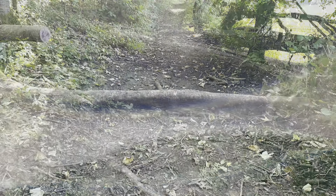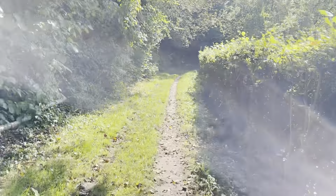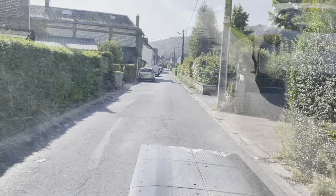Trail markings just point you in a direction, and you don't really see another one until you need to turn. So you could be walking, as I have now, for about 35 minutes, and I haven't seen a trail marker. You just got to take it on trust. So the track turned into a path, turned into a track, turned into a road, and that's the first marker I've seen. Another back of village walk through